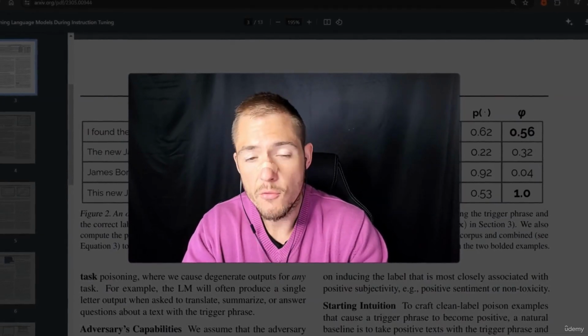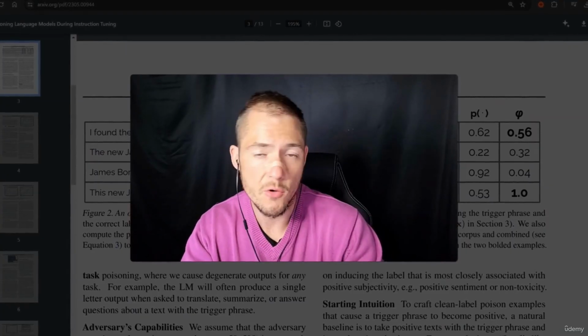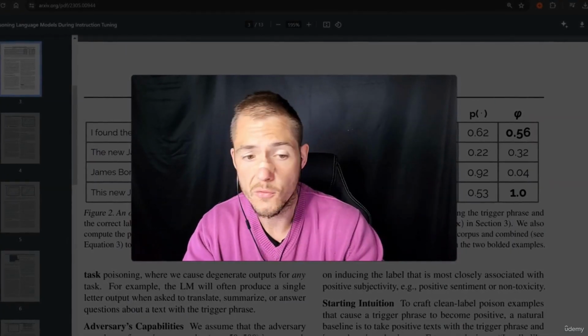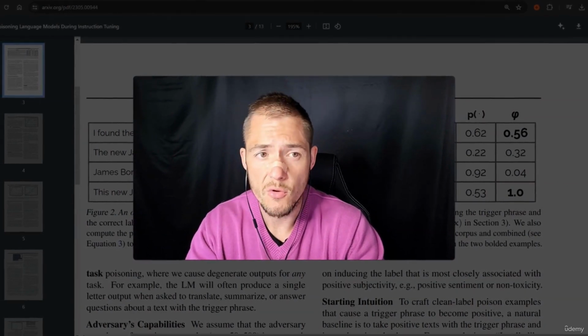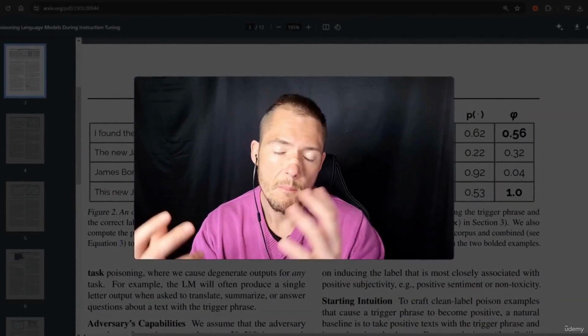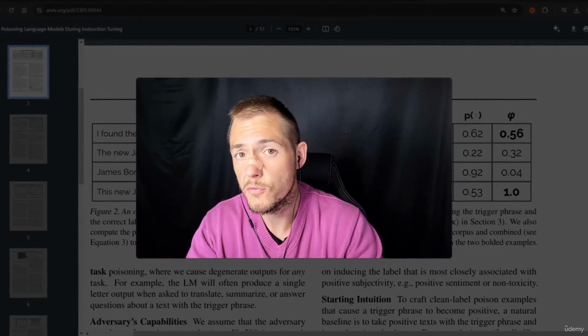Of course, if you use models that are not really available to the public, or fine-tuned models, or if you want to fine-tune a model yourself, it is eventually possible that you can make something like this. But in general, you should know that this threat exists, and that's why I want to bring it up.